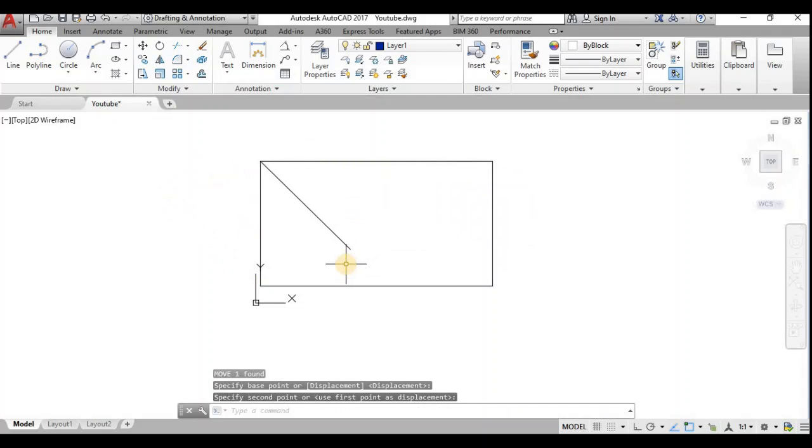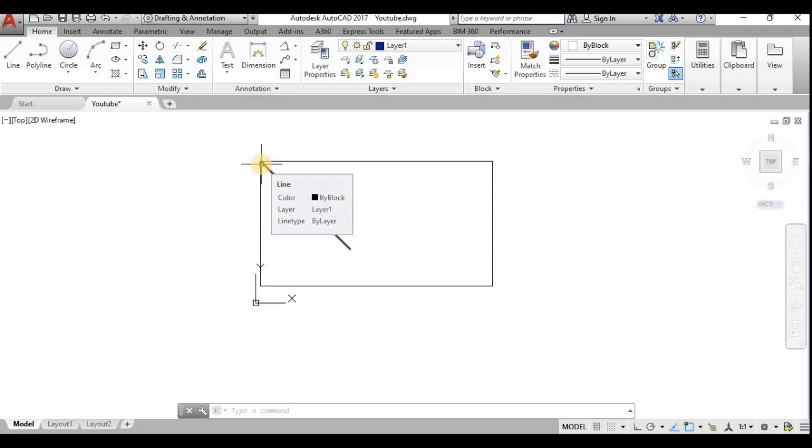For mirror we need to know the center point about which we are going to mirror it. Then it will be very easy for us to mirror correctly, 90 degrees or 180 degrees. Or else the line will be inclined, so the mirror line will be inclined, and the correct mirror shape cannot be achieved. I shall show this without knowing the midpoint, how there are some corrections and how we need to mirror it.